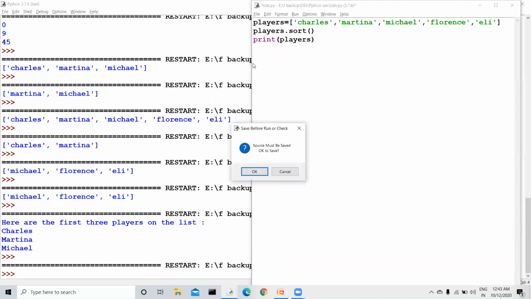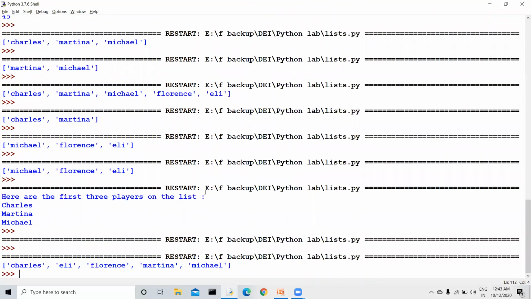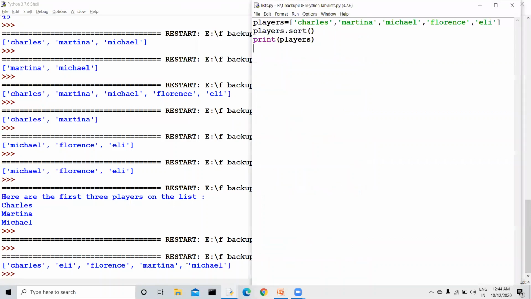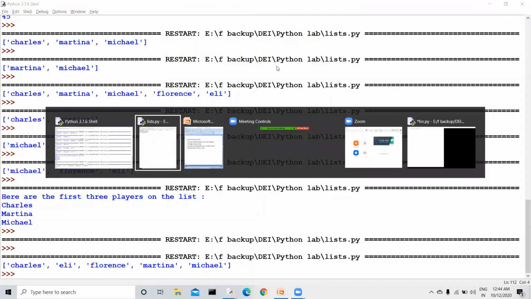Okay, let's check now. See, it got sorted from alphabets A to Z in the increasing order. So C, E, F, M. We have two M's, so M A first, then M I. So basically, the sort function sorted a list from A to Z, in increasing manner. Also, this sort method